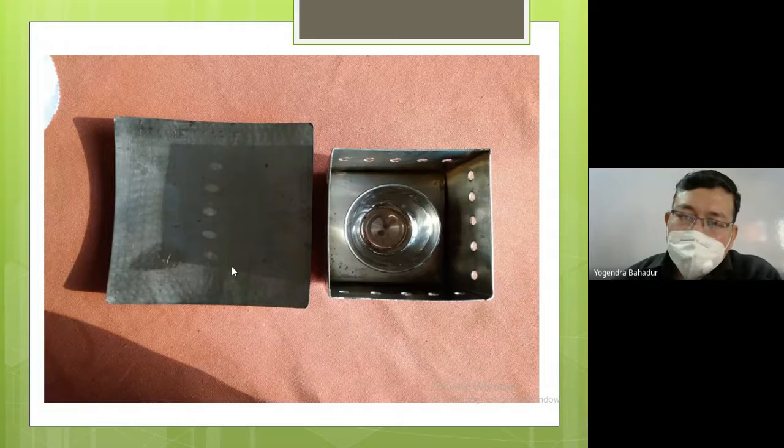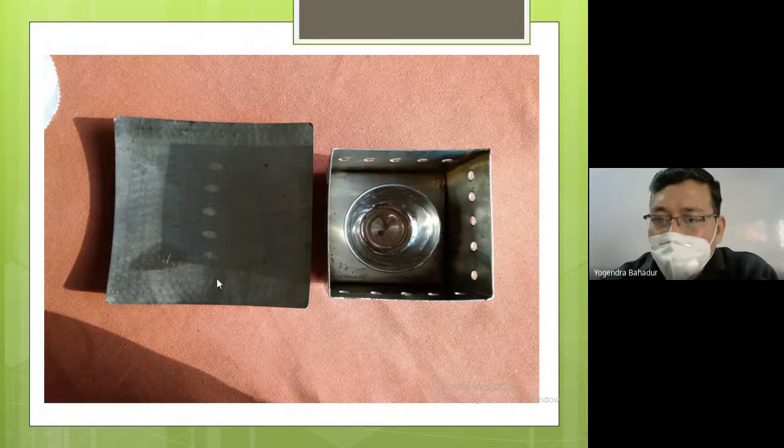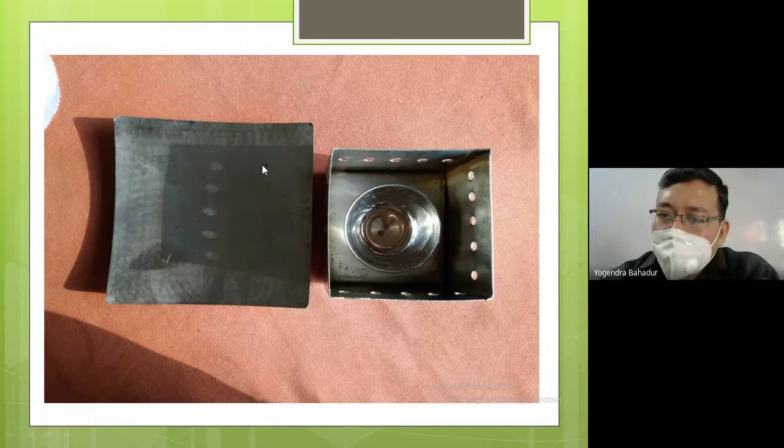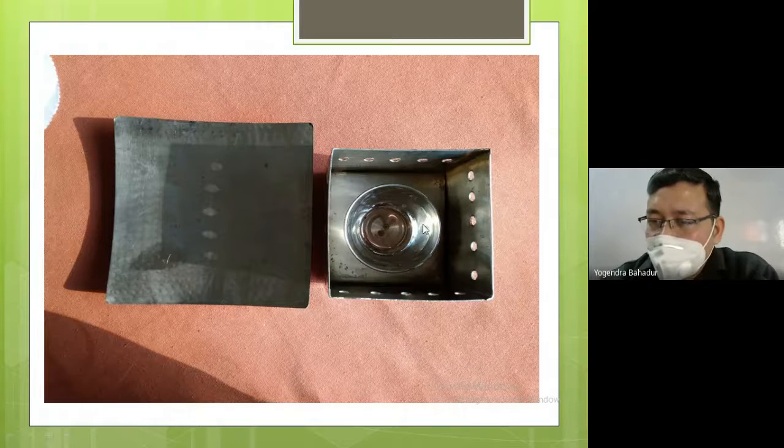And here you can see it is basically the service set. Why is it a hot plate kind of service set? Because this is used in order to serve the starter. And how is it used to serve the starter? As you can see on the right hand side, in this small container we are going to keep the fuel. This small round spherical bowl is nothing but the fuel container. In this fuel container we keep the fuel and light it, and on top of it we keep this hot plate, and on top of this hot plate we keep the starter.